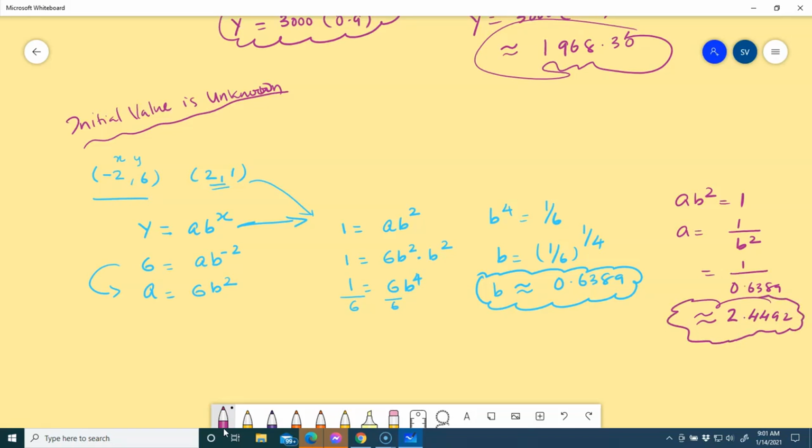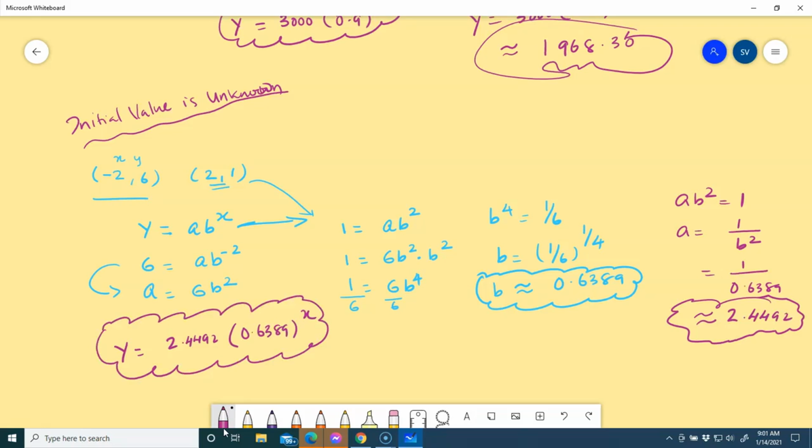So this is the way. If you don't know the initial value, you can write the exponential model. For the final answer, you have to plug these values in this equation. So the equation is y is equal to, what is a? a is 2.4492 times b is 0.6389 to the power x. So this will be the exponential function that will pass through these points -2, 6 and